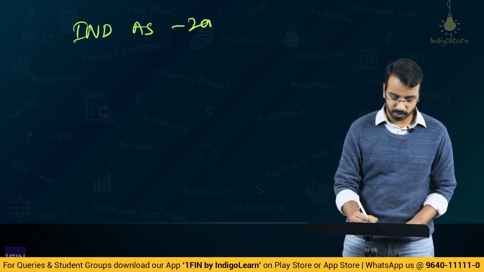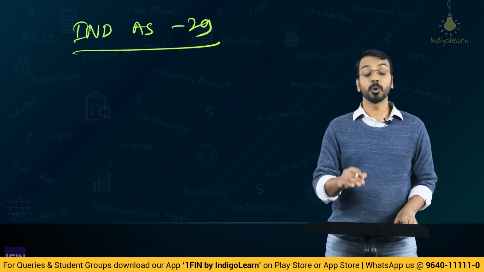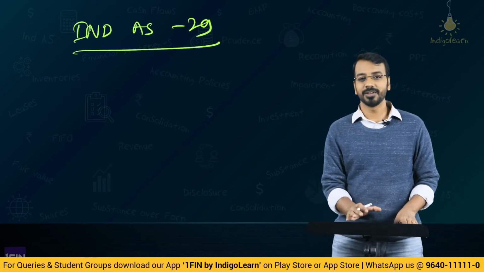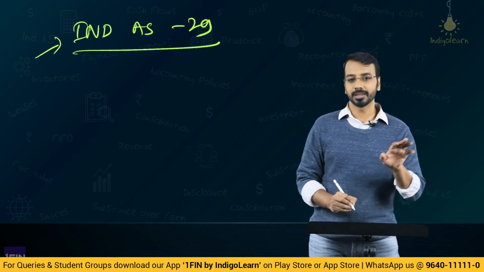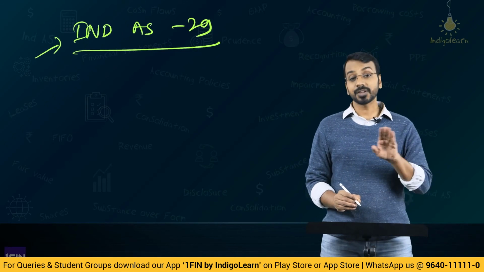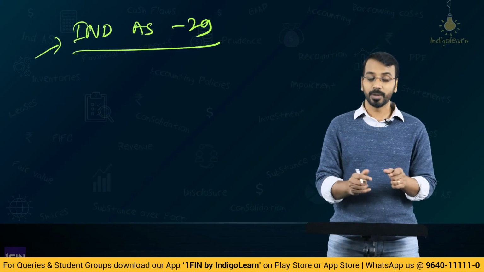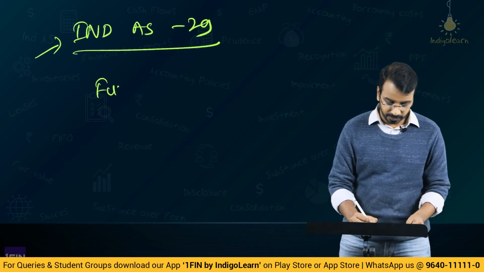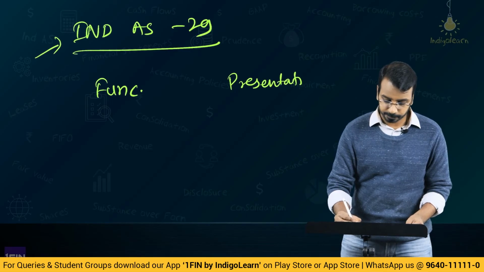Sir, what is this Ind AS 29? Don't worry, this is not a part of the syllabus, and it deals with financial reporting in hyperinflationary economies. So, whatever is given in Ind AS 29, the restatement and other related aspects, first apply that. After applying that, you come to Ind AS 21. Now, in Ind AS 21, there could be a scenario where you have a functional currency and a presentation currency,